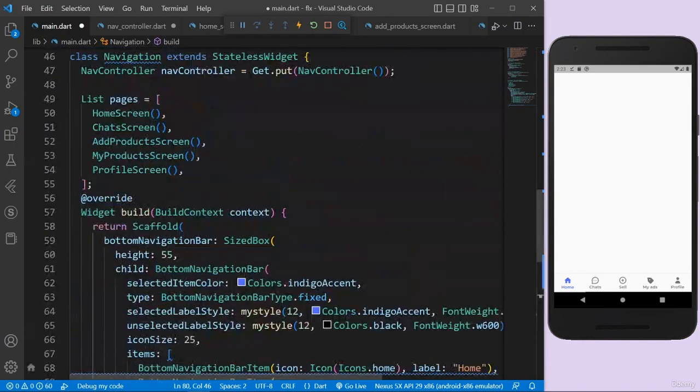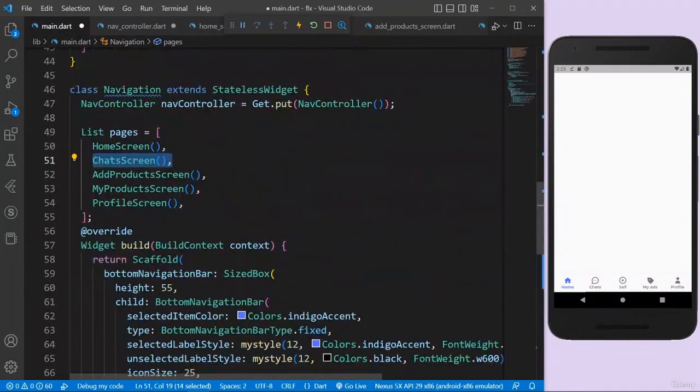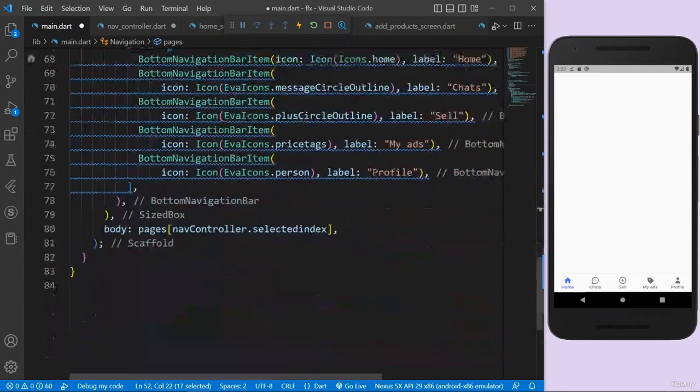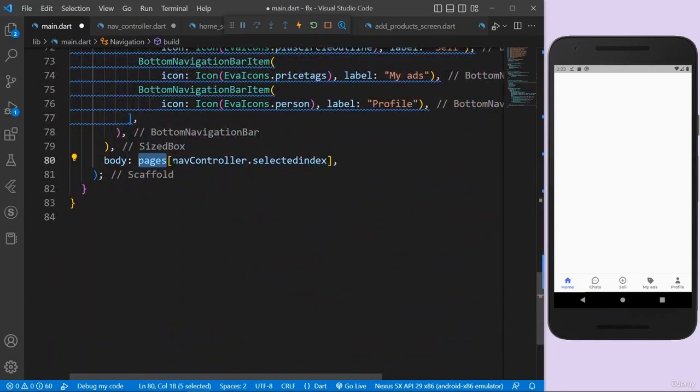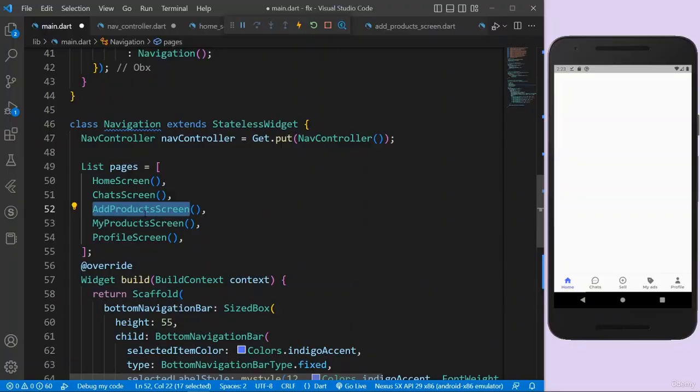For example, just imagine a selected index is 2, then this page will be rendered, because it will go to the pages list. Okay, let's say it is 1, because 0 1 2 3. If the selected index is 1, it will go to the chat screen. If selected index is 2, it will go to the add product screen, because here in the pages we get the second index, and we render the add product screen as our